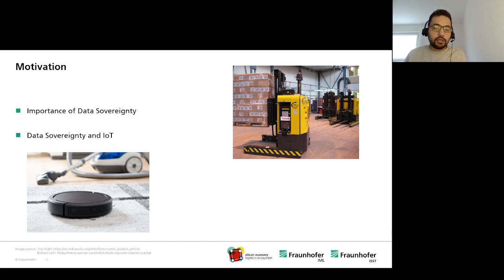These types of devices always generate data, and they, let's say, phone home. So who has control of the data that a robotic vacuum generates? Who is the owner of this data and how to handle it? So this also raises the issue of data sovereignty in the field of IoT.